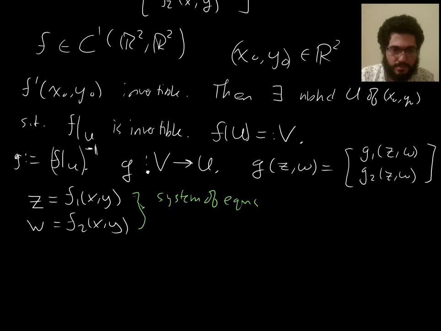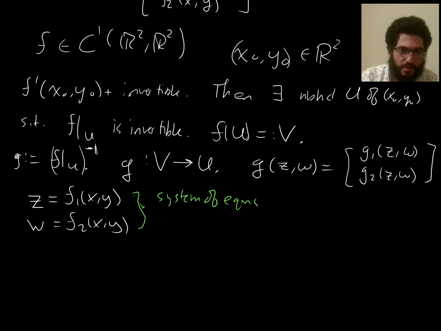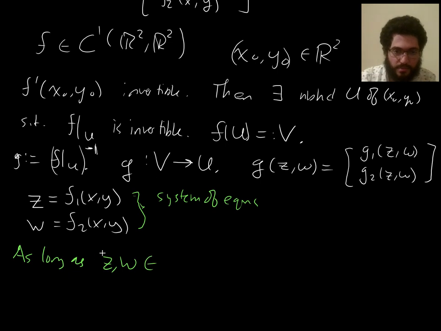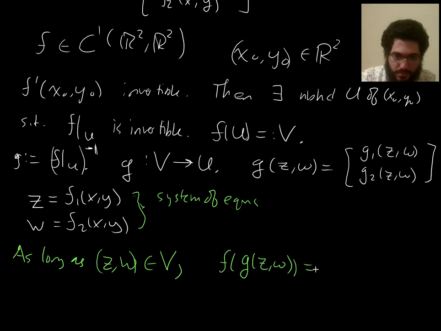Well, it's saying as long as z and w are, or the point (z, w) is in V, we can apply g to it. So we can do g of (z, w). And since g is the inverse of f, if I do f of g of (z, w), then I should get